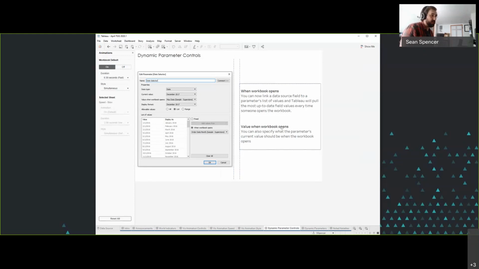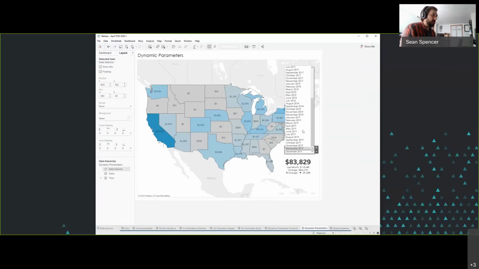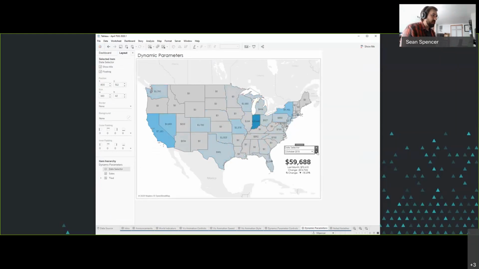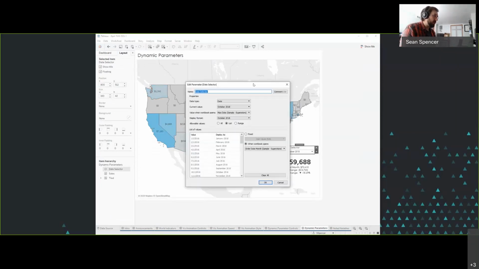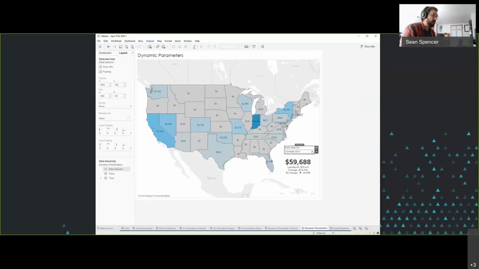And so I'll show you guys an example of that now. I built this map with the sales store data set, and I have this date selector that lets me pick any time I like. So this is a parameter selector. It's the same one from the screenshot before. I populated the list with a calculated field, and I have it set to the current value as a calculated field as well. And I'll show you what those look like.